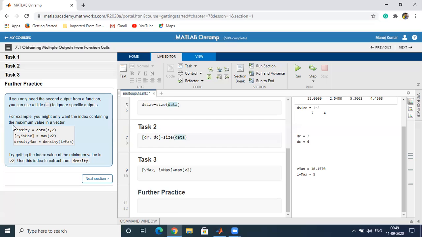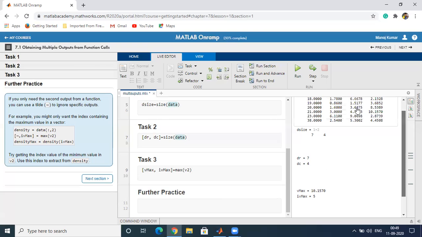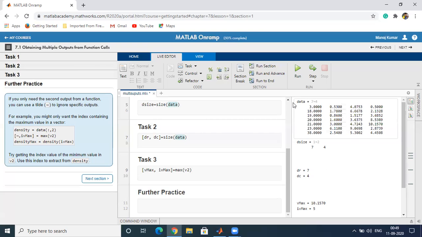For example, density equal to data colon 2, which contains only the second column of the data, and we are using tilde, ivmax equal to max of v2. What will be the output? Now the density is the second column, and the maximum value is 6.1100.